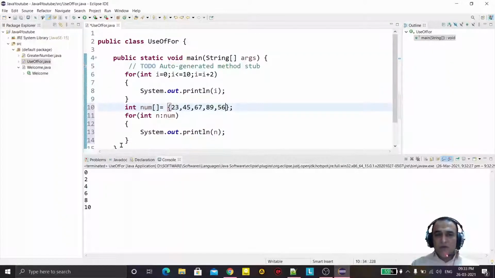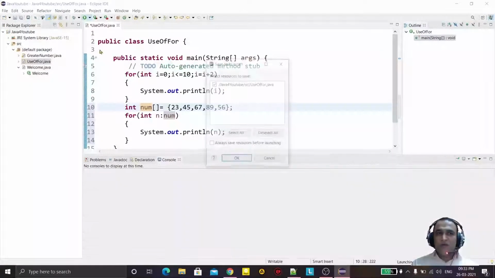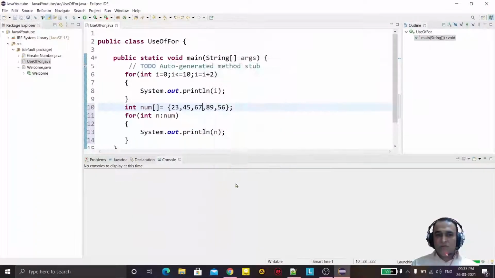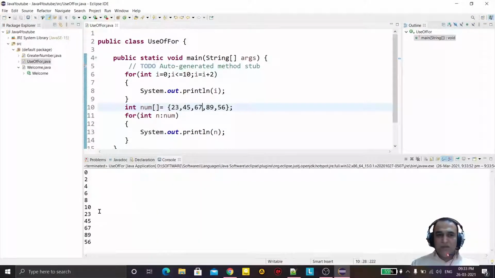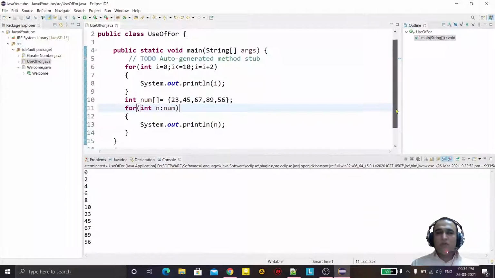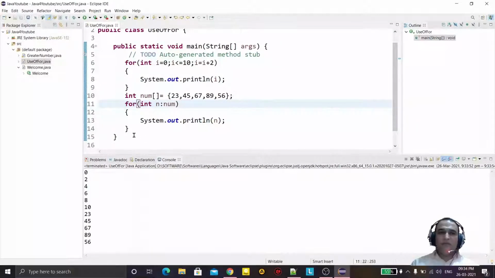One by one the n will take the value from the array, the first index value, then second index, third index, fourth index, like this we can display the value of n. Like this, we have 23, 45, 67, 89, 56. So this way, we can use for each loop in Java.